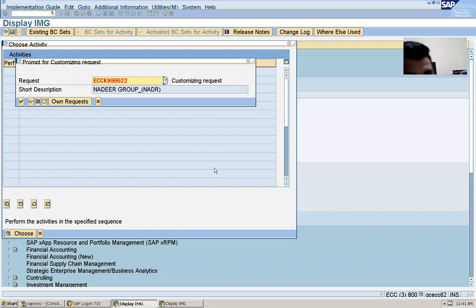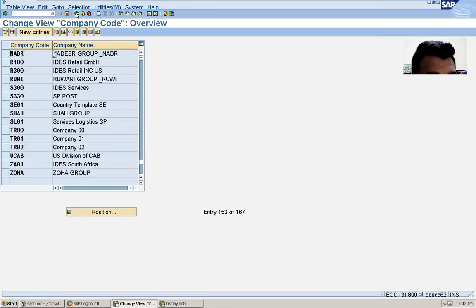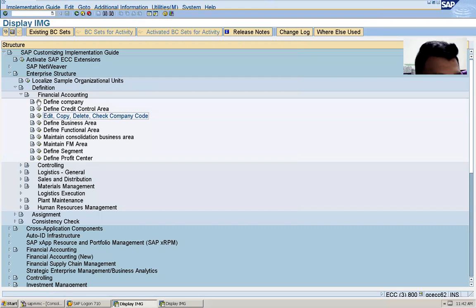Now no need to click on request or change anything because already this name is there. So just click on enter or tick mark. Okay. Our step number 2 is also over. Data was saved. Now go back, again go back. You can close this. You can also press escape to close that.